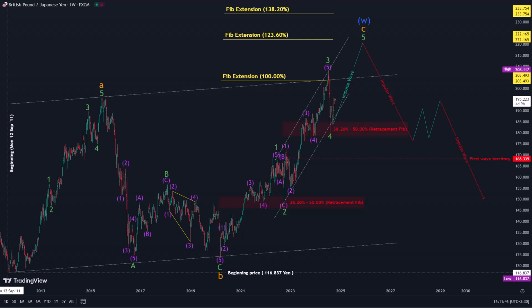The fifth wave of Wave C still has the potential to develop further. Additionally, there is the possibility of a bearish market since it has extended to 100% of Wave A. It could require at least 3 waves to complete an X wave, ultimately leading to a multiple zigzag pattern.